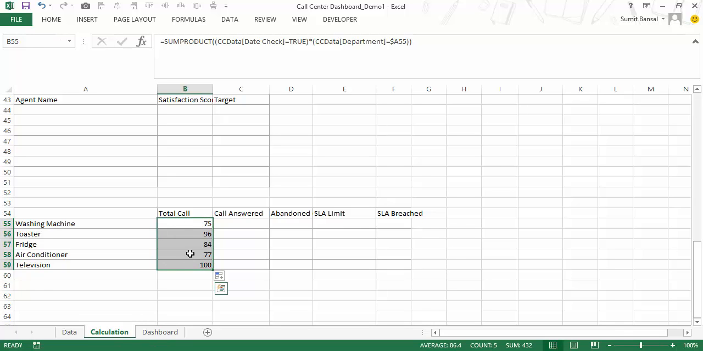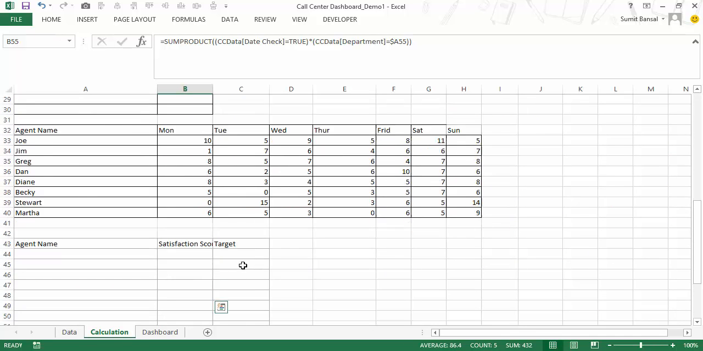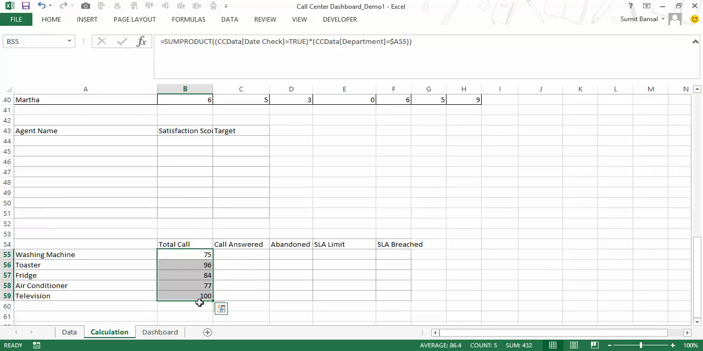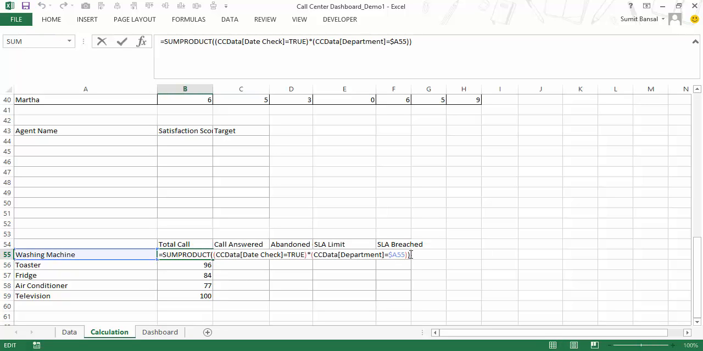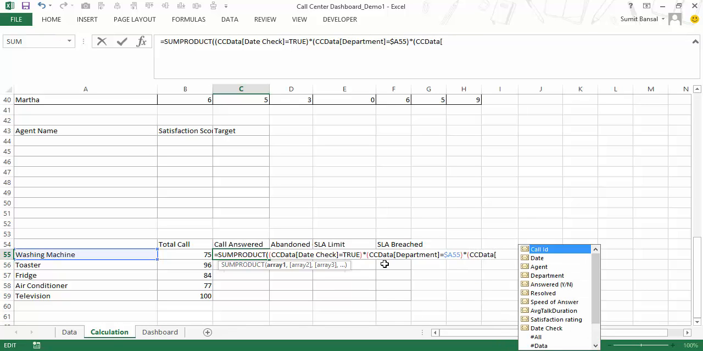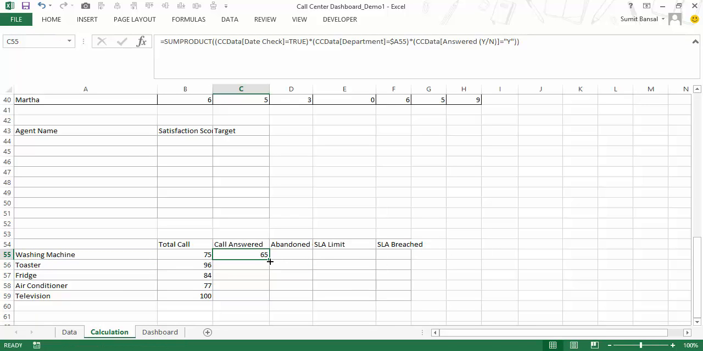Again, a quick way to cross check is select all these. It says 432, which is the total number of calls received. So I have a different categorization, but it all adds up to the total number of calls. Now here I need to have calls answered. I would simply copy this formula, paste it here, and I'll have to add another condition. So I would add cc data, and here I would say answered is equal to y. Now when I hit enter, it gives me the number of calls answered in each of these product lines or